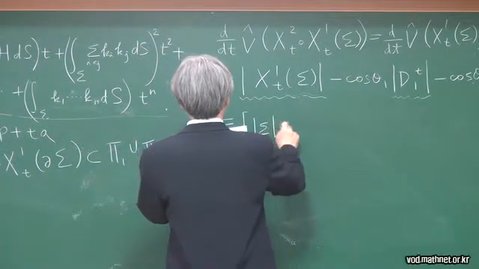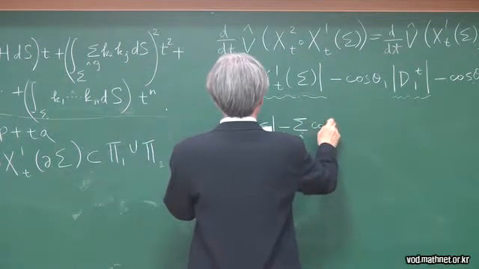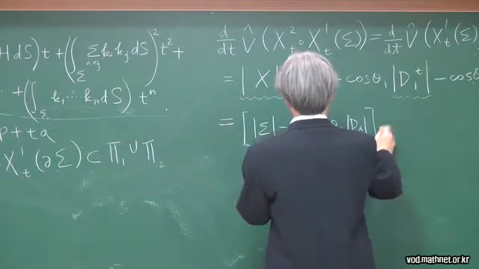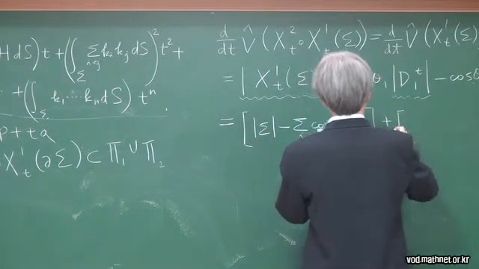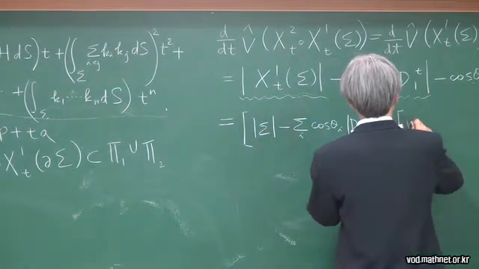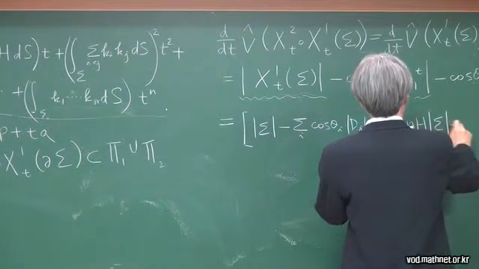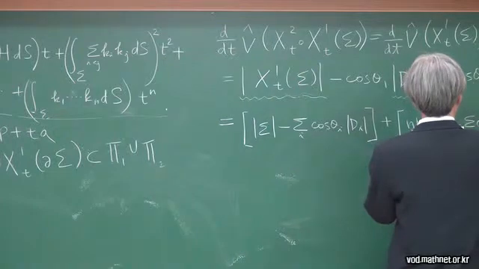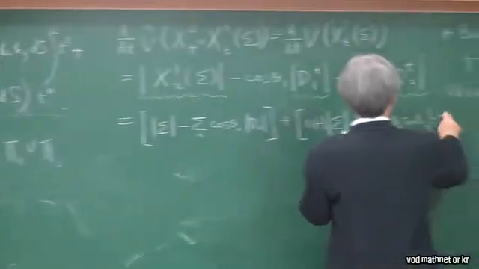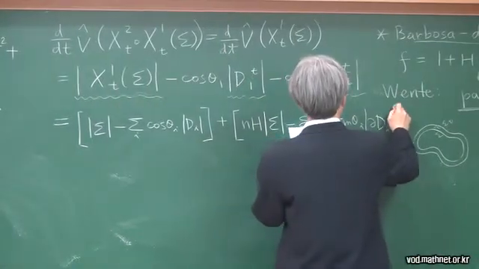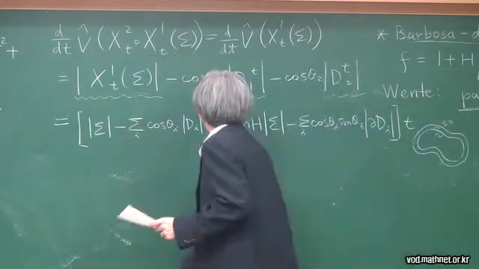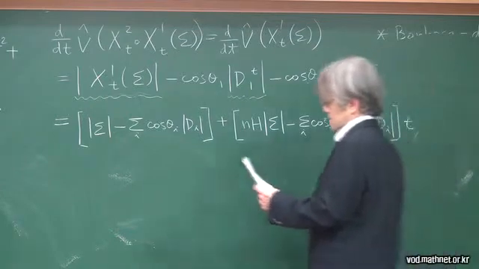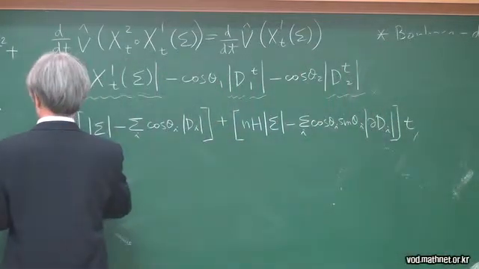The area of sigma minus cosine theta I di plus, this is the constant term, and the first order term is cosine theta I sine theta I, the length area of boundary of the I. This is the first order term, and the second order term is